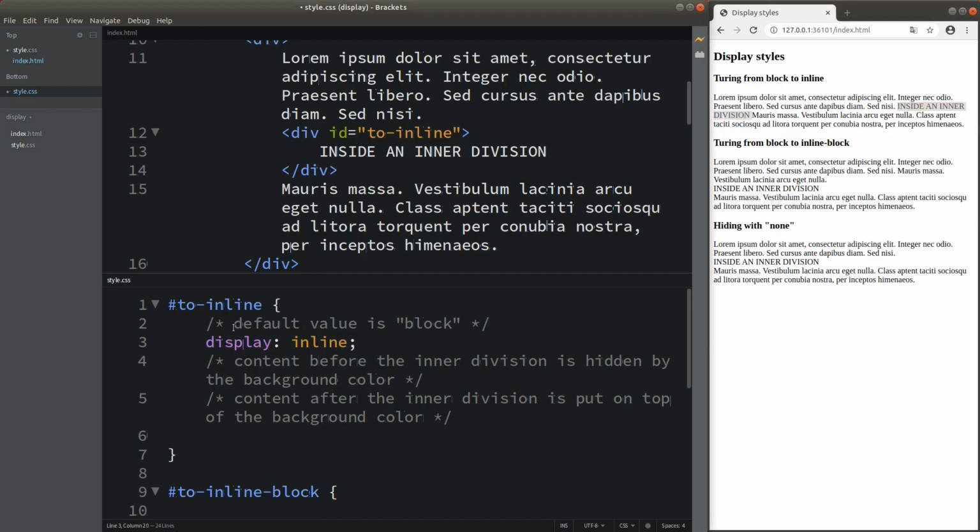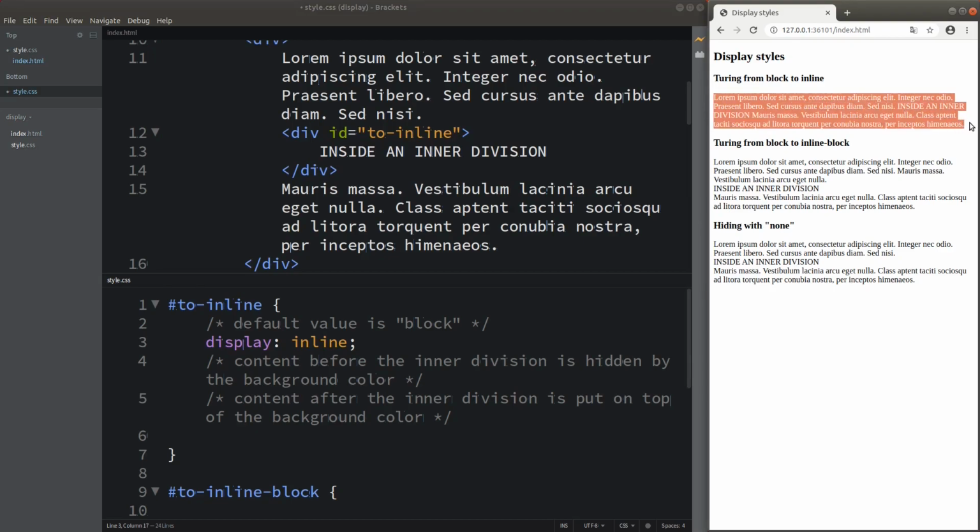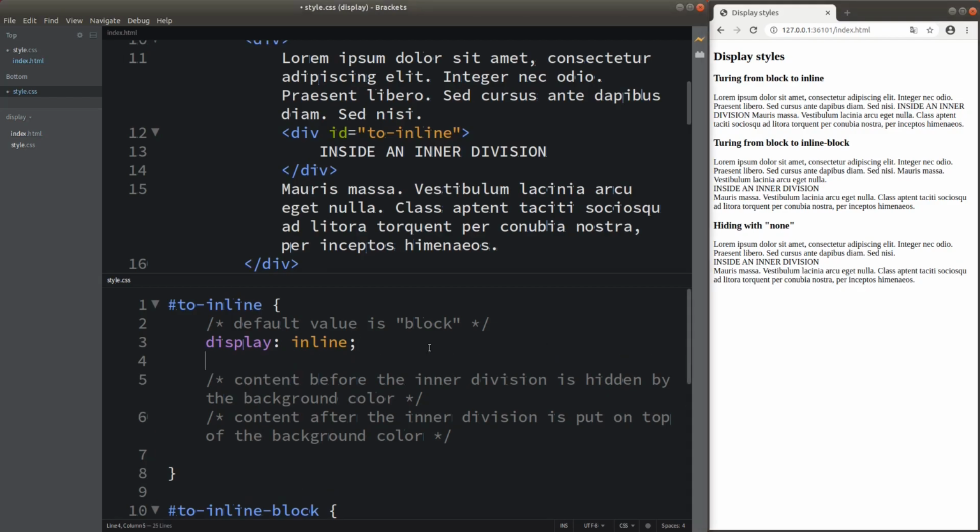We have to notice that the default value of the display mode is block. So when I don't enter any display mode, the block mode is simply shown to you. When I turn to inline, you can see that the division has been put as an inline display mode that is contained inside the entire division. So I can add something to even exaggerate the inline mode. How can I do that? I can add some padding and margins.